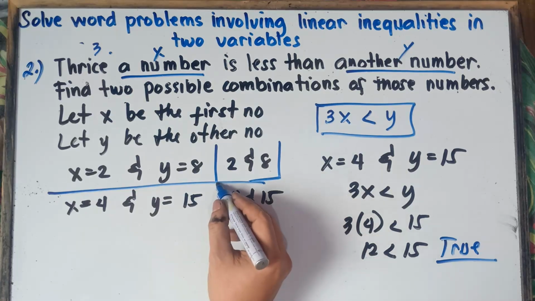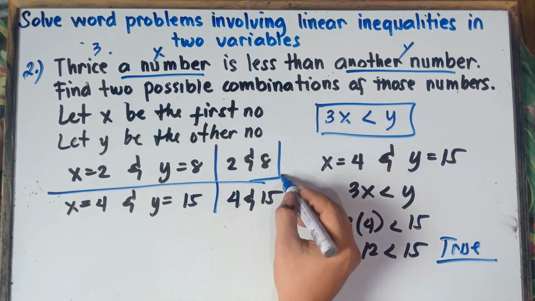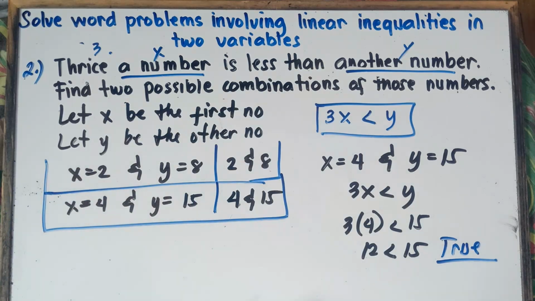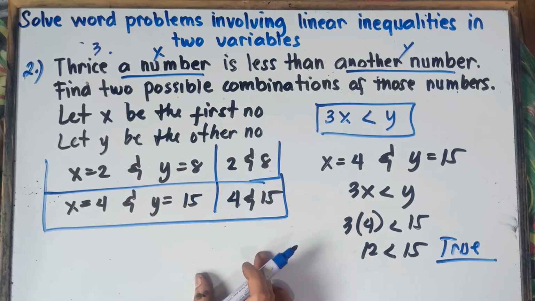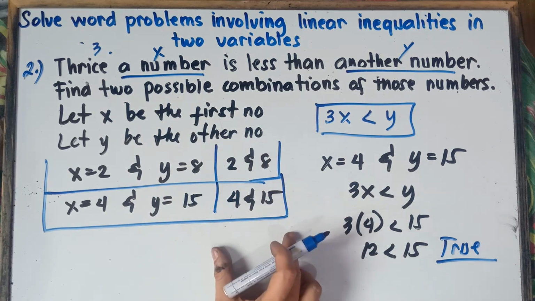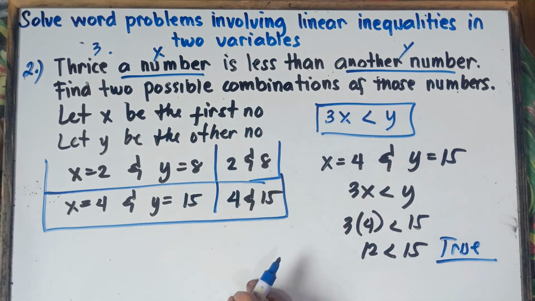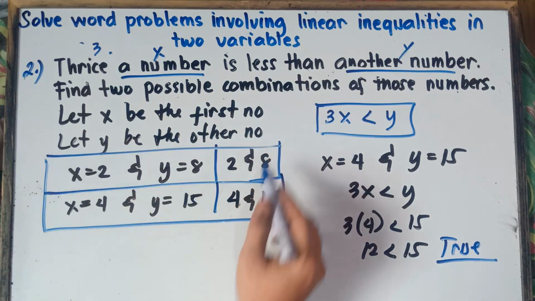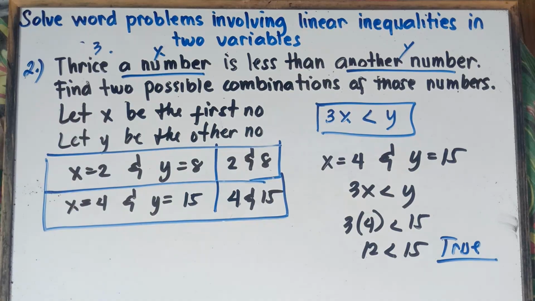That's it, class. Since we are just looking for 2 possible combinations, this will be our answer, class. Once again, class, on your end, you can have many possible combinations. It's up to you, class, which do you prefer? Just simply use this equation. So on my end, our answer will be 2 and 8, 4 and 15. All set. That's the answer, class, with regards to example number 2.